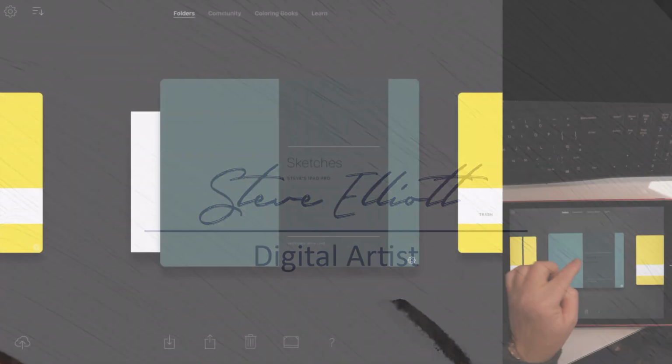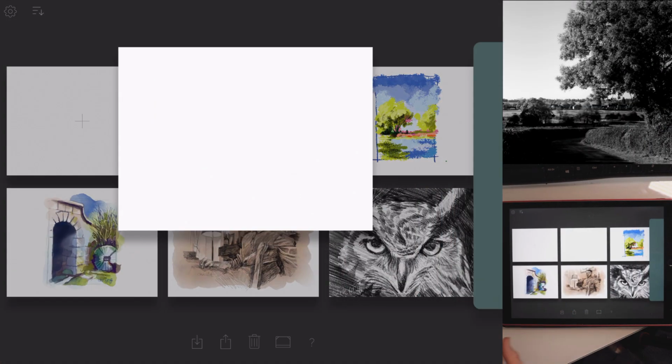I want to share with you this technique I use for drawing abstract detail really quickly. Well, here we are in Tayasui Sketches, and I'm going to show you today how I treat leaves when I'm